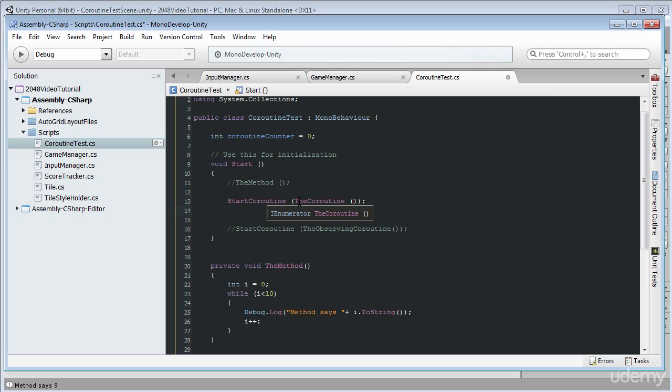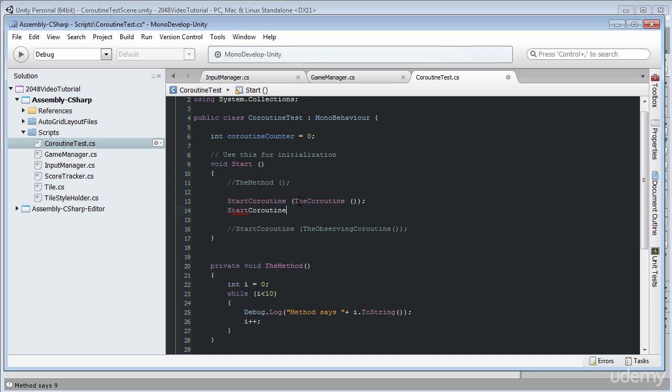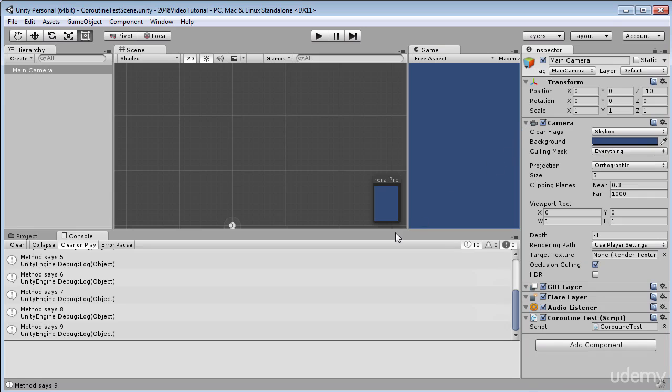method, and another way is to say start coroutine, and here in these parentheses I can write the name of our method as a string, so I can say run coroutine that is called the coroutine, and this line will be absolutely identical to the line on the top, so I will comment that and we will use just this call in our program. So right now I'll go to File and hit Save, and when I go to Unity